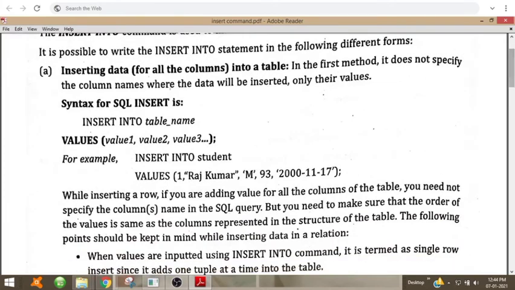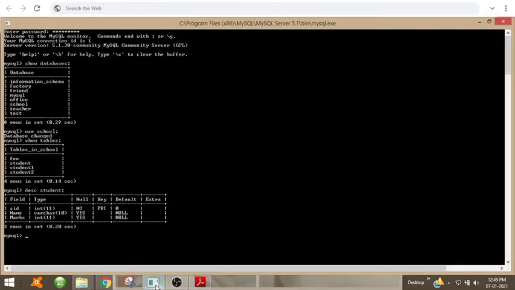Okay, insert into student values. Here I have only 3 columns, so I will be inserting only 3 values. Insert into, table name is student 2, space, values.